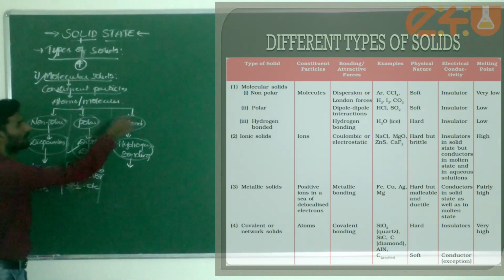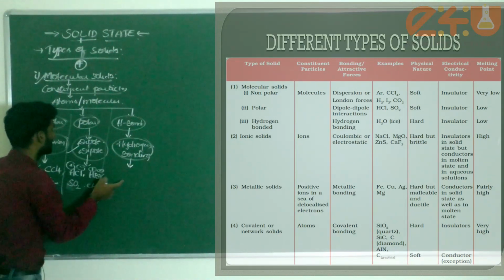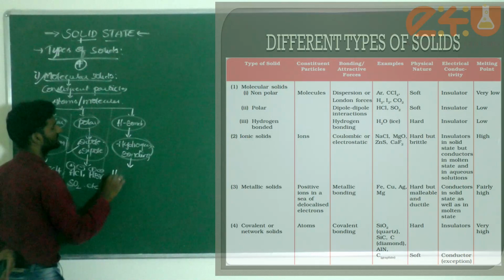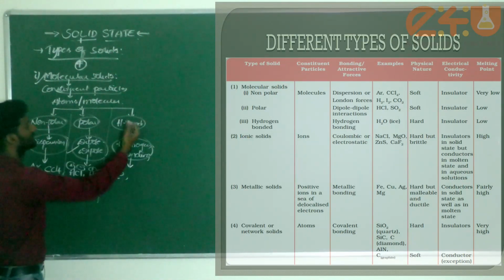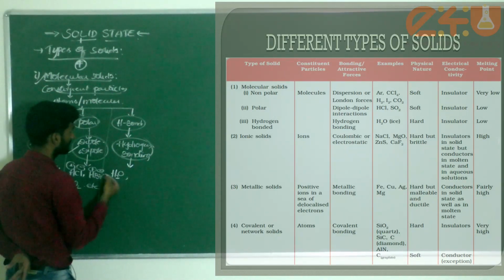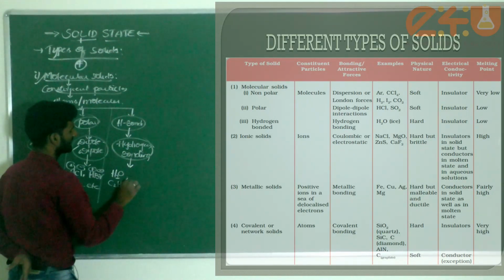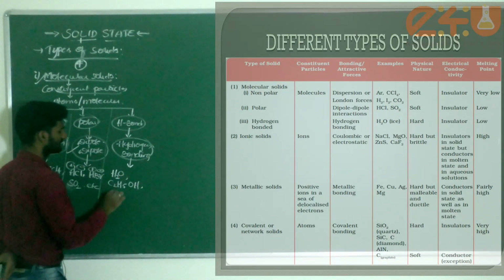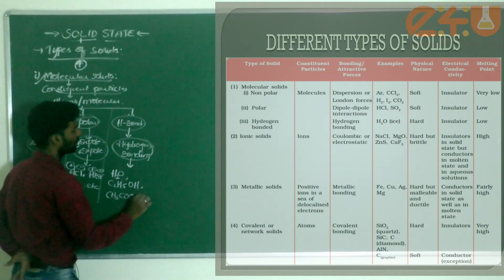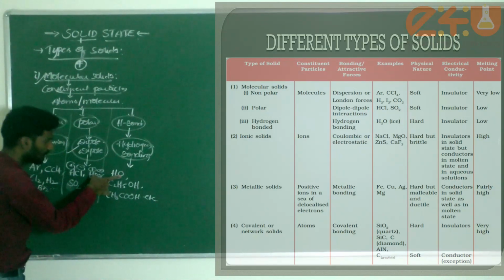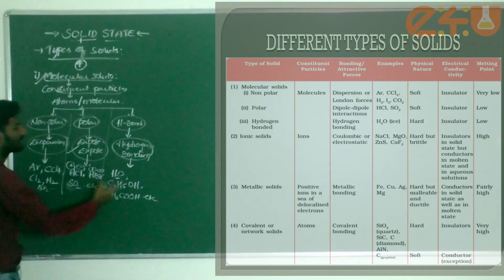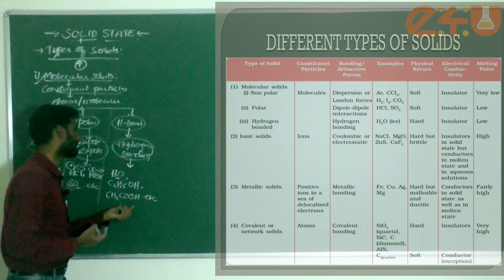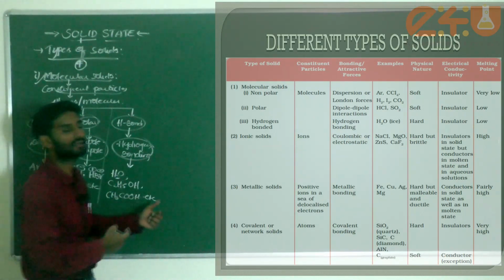But in case of hydrogen bonding, what example comes under it? Best example, dear students, water. Water is the best example for hydrogen bonding. And some more molecules: C2H5OH, CH3COOH and so on. Here also there is hydrogen bonding. Due to intermolecular hydrogen bonding, even organic compounds are nicely soluble in water.